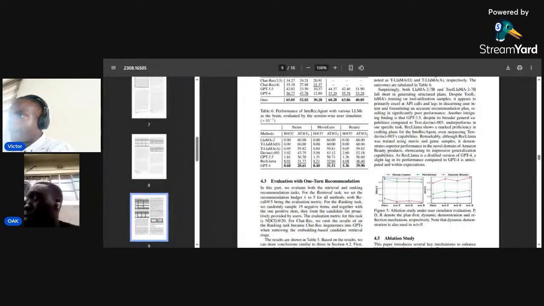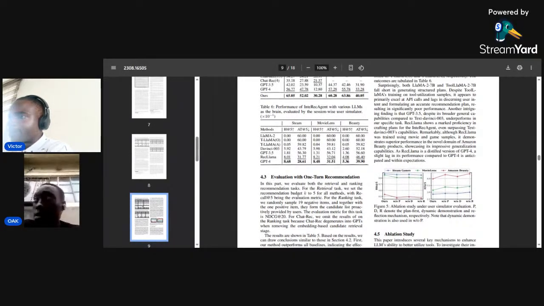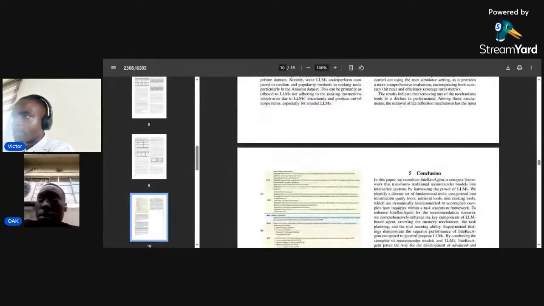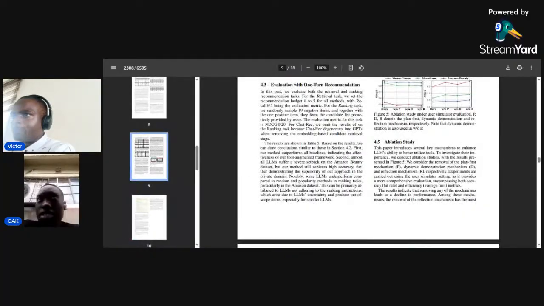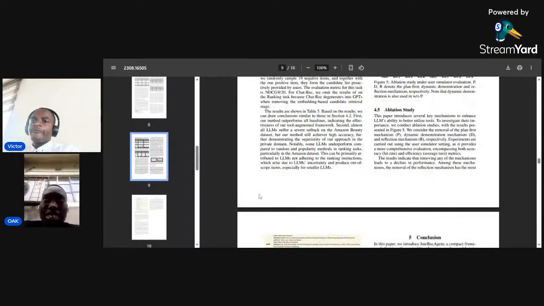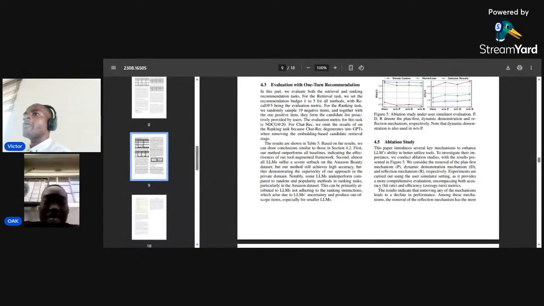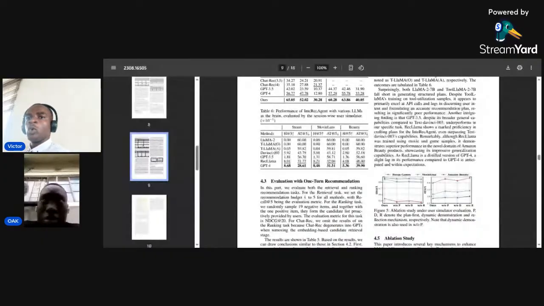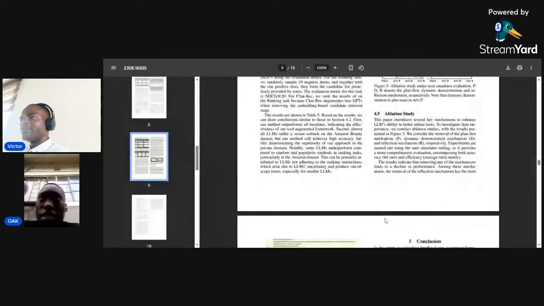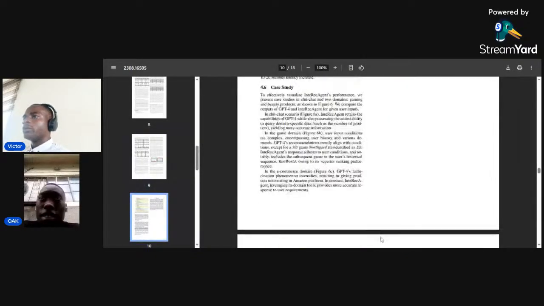So, looking at the different models we can see here, for ChatRec, we omit the result of the ranking task because ChatRec degenerates into GPT when removing embedding-based candidates. So, even if there is no one way or no right way to do a particular thing, in conclusion,